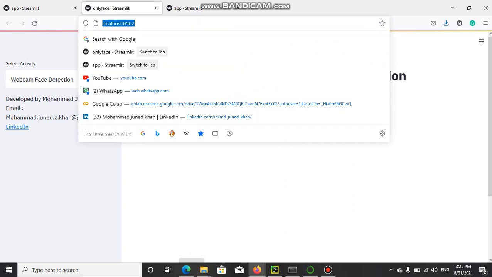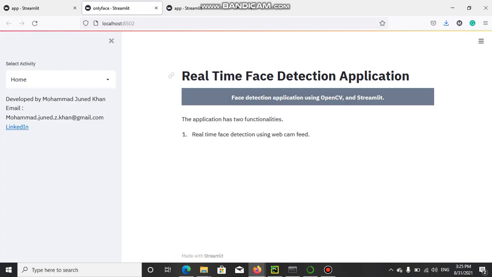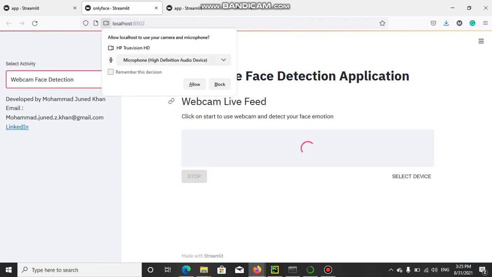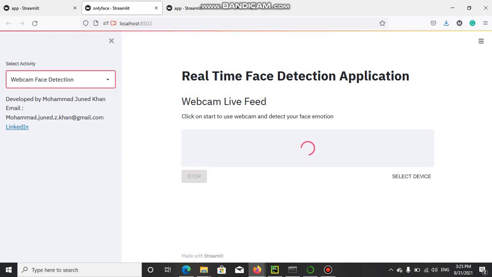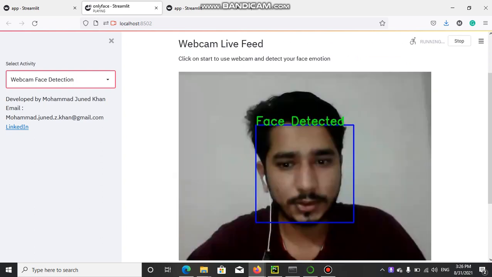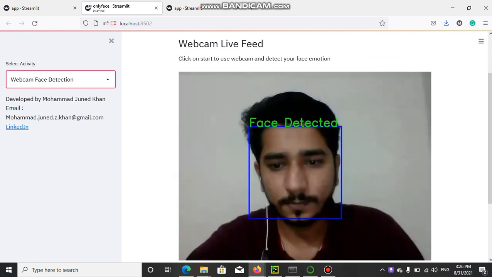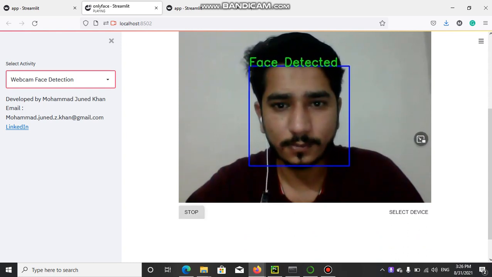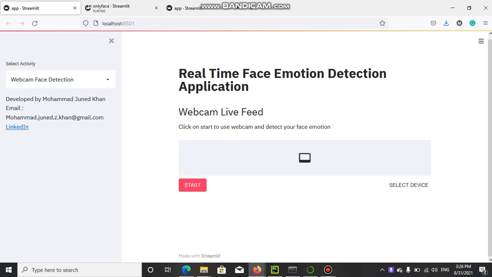Let me just reload the application. Okay, and go with the face detection right now, and we'll start with it. Asking for permission. You can see it detected my face.